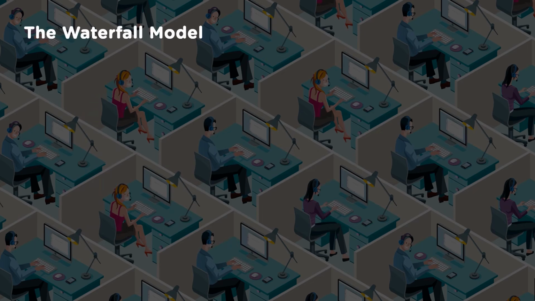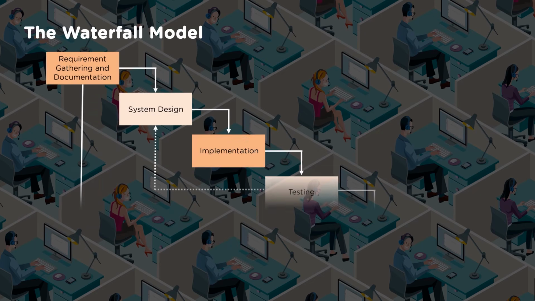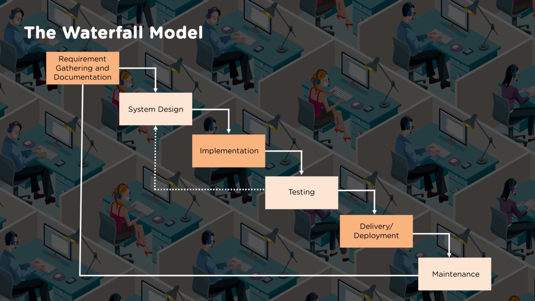Because of following the waterfall model, what is that methodology? What is that flow? We need to understand that. Requirements gathering and documentation is the first thing that used to happen, which is true in agile methodologies also. But the main difference here is that requirements gathering and documentation happens in detail, a comprehensive one. Once that is signed off, only then does it move to design. Based on the requirements gathered, which are full and comprehensive, the design will happen.